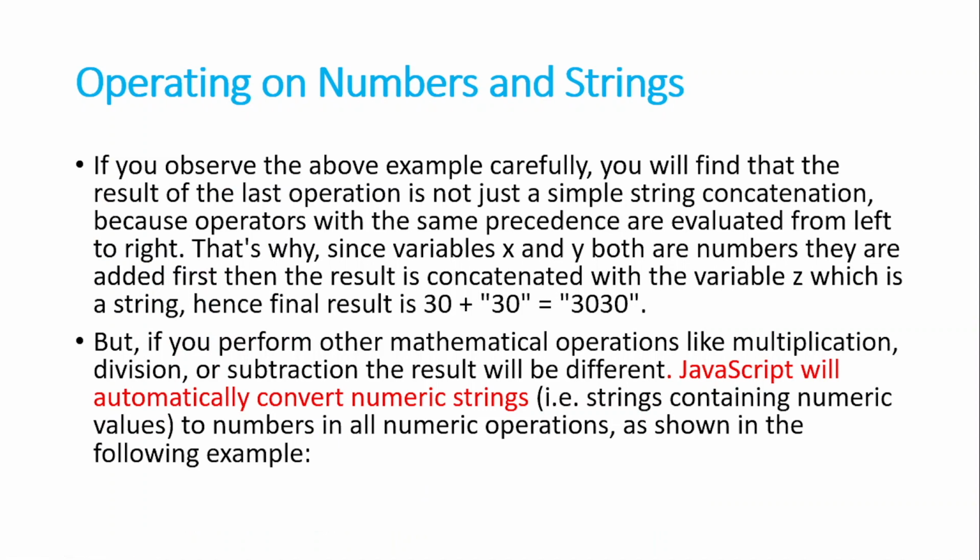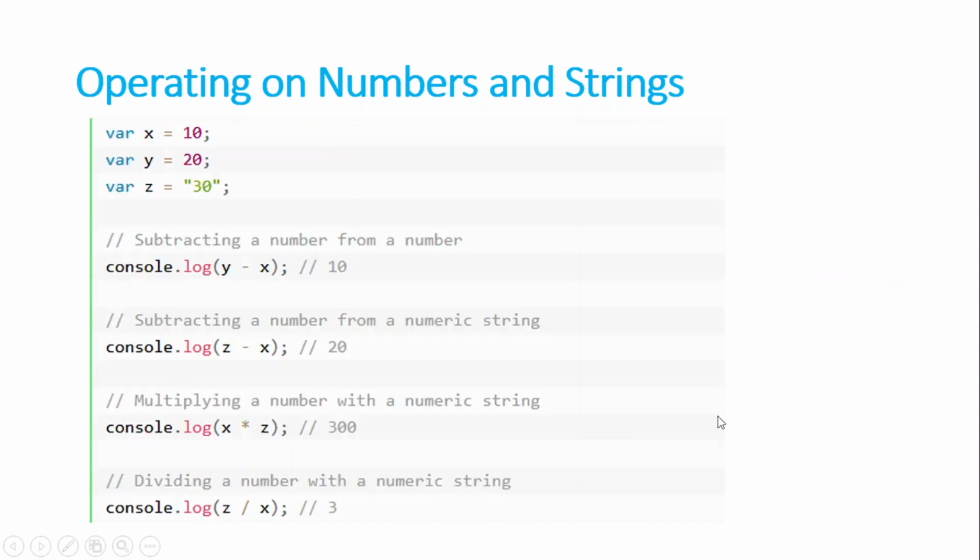So I have already explained this. You can remember that JavaScript will automatically convert numeric strings. It implies that strings containing numeric values are converted to numbers in all numeric operations, as shown in the following example. You can see that if we subtract the numbers, it will automatically convert this string to a number. Earlier it was concatenating the numbers without changing their data type, but in this case it will change the data type of this string into a number,